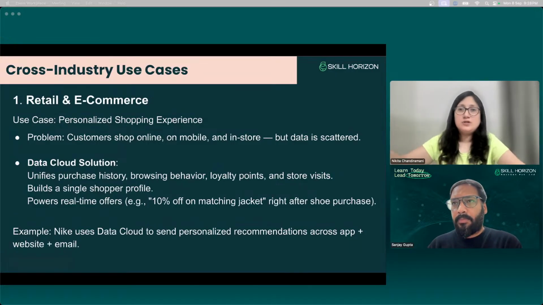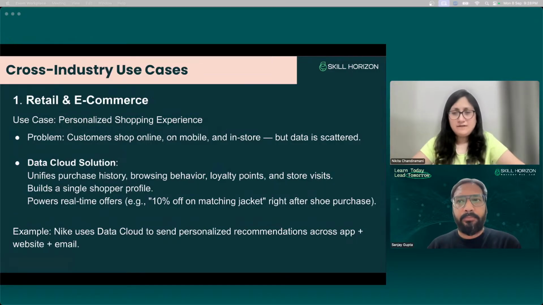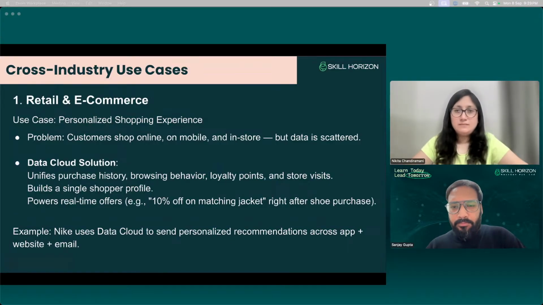And when you go to the store, you might give the same phone number, or you might not give the same number, but maybe the email ID is the same. So at some places we create different email IDs, and somewhere we create different phone numbers. So this way the data is very scattered, right? I am the person. So let's say that I am logging in via Nikita Chandiramani at gmail.com, and I have logged into some website where I have to shop.